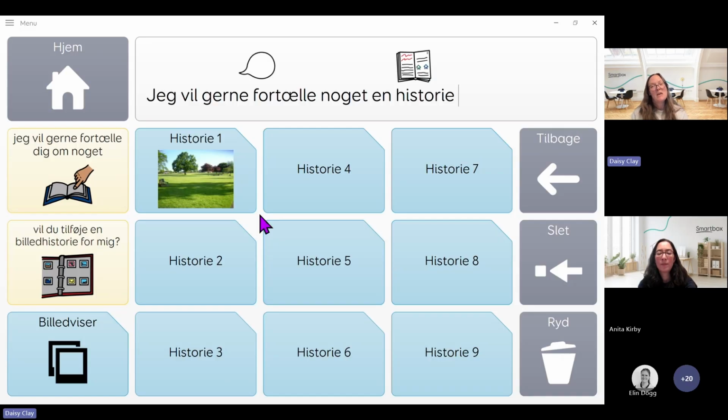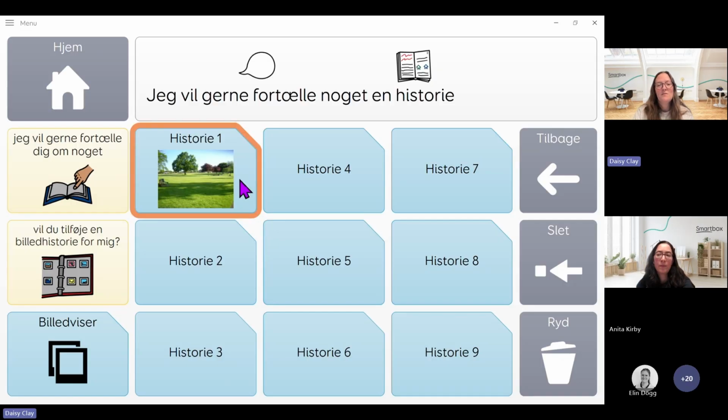But it might also just be something you did at the weekend. And we can work with someone who's using AAC to build a story together. So rather than maybe finding out from the child's parents they did this, programming it into the device, doing it with the child. So going into the story grid,